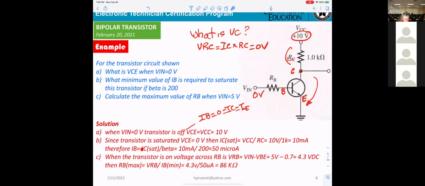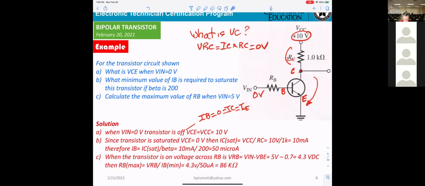And you see IB equals IC saturate divided by the beta. You get 50 microamp. Okay. So that is the minimum. IB is minimum.